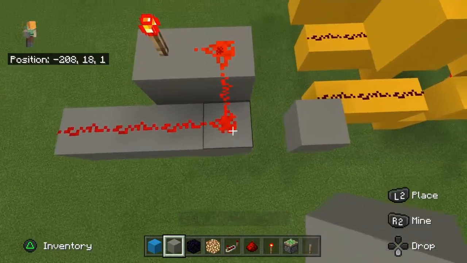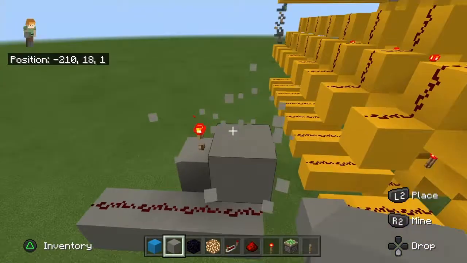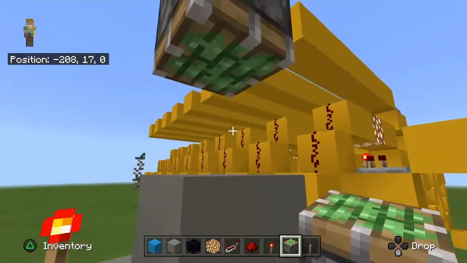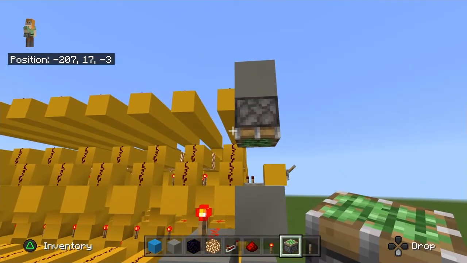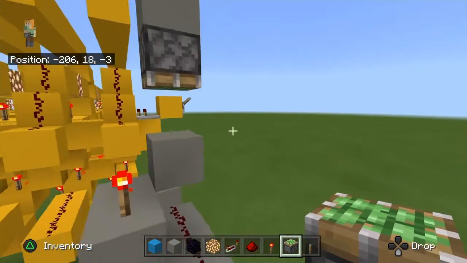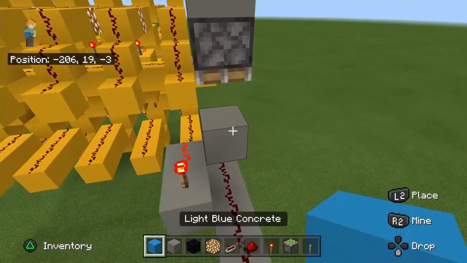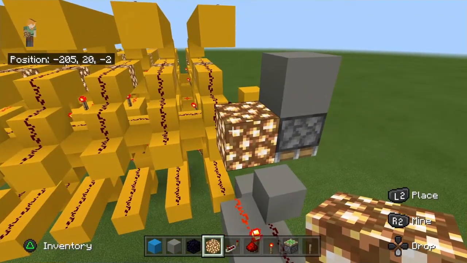So at this point right here, this corner, place another block and then go up 3 more, breaking the middle 2. You're going to place, what is it called? You know what it's called, piston. I'm an idiot. So after you've done that, you can go ahead and place a glowstone right next to it, and then